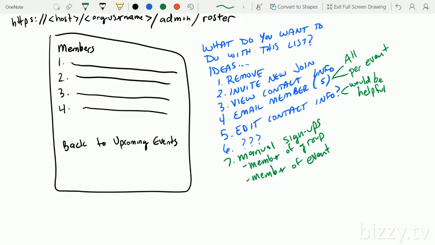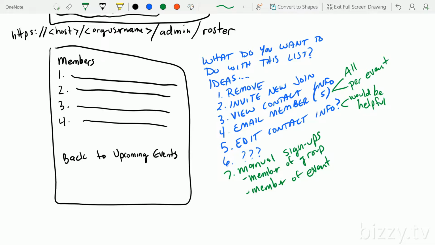Then, looking now at the roster page, we talked about what she would want to do with this, and we asked about removing or inviting new people. I think inviting people she can do via email, so let's cross that one out for now. But she may want to remove someone from the list. Viewing and editing contact information seemed like something she would want to do, as well as emailing the members. And manual sign up and registration of members, as well as manual event registrations, is something that she wants to do